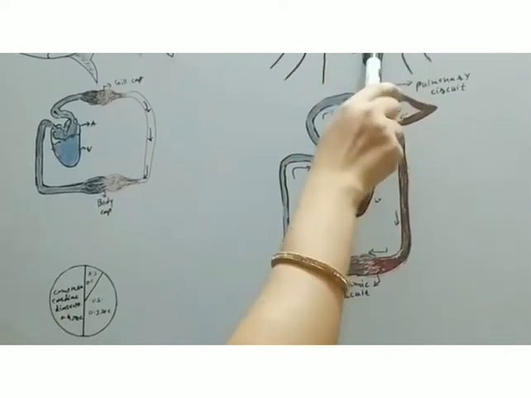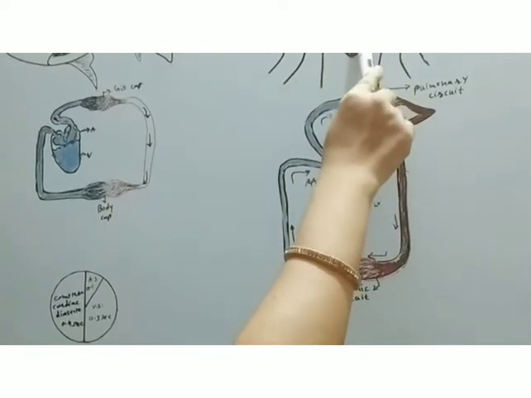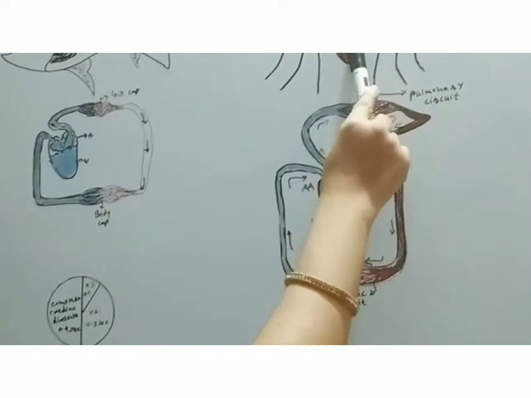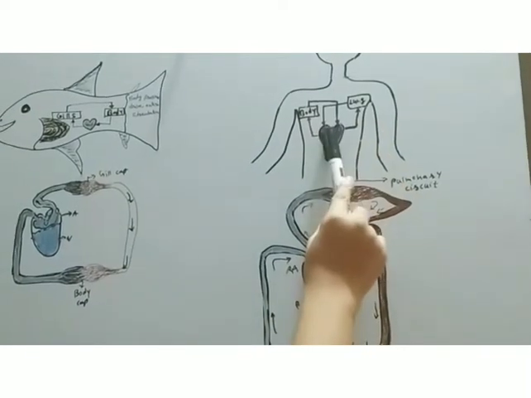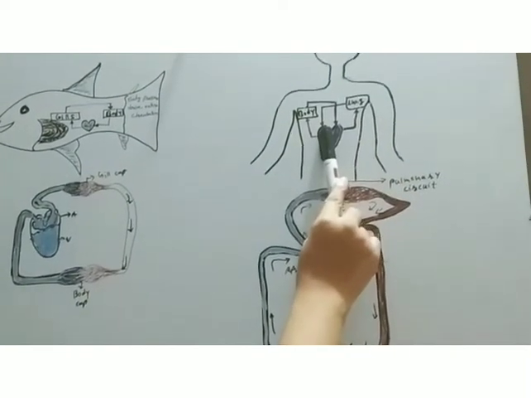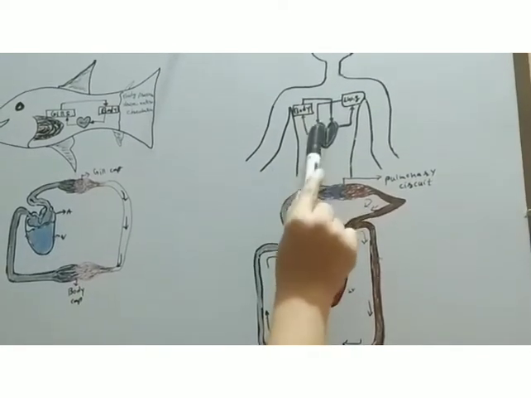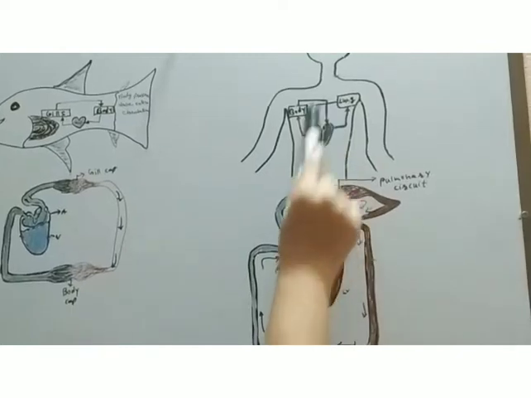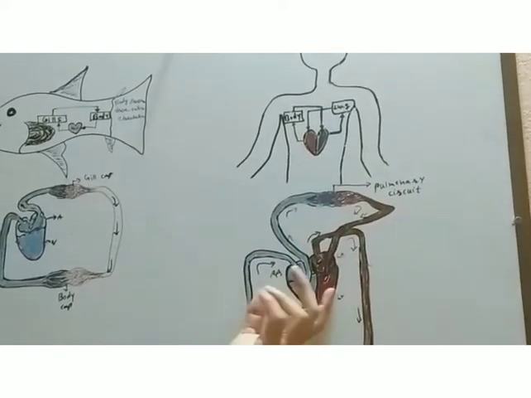So, in this diagram you can see here, the body sends its impure blood into the heart, then it is sent to the lungs. The lungs send the pure blood and it is received by the body. It means 2 times the heart receives the blood, 2 times it distributes. Through this diagram it is very clear.